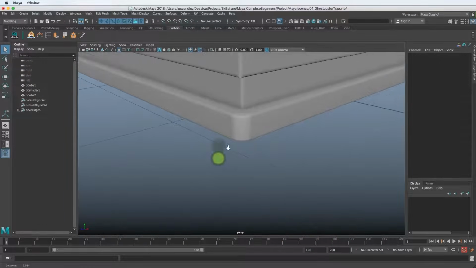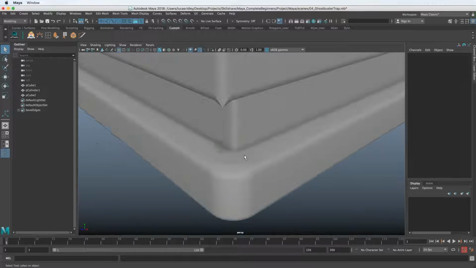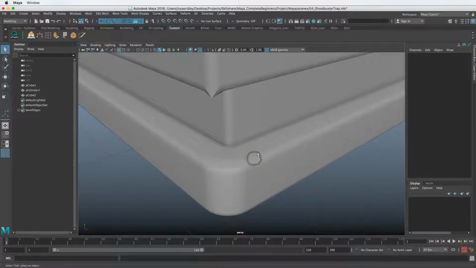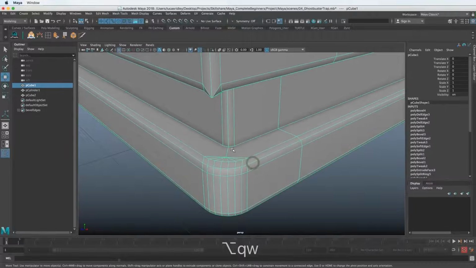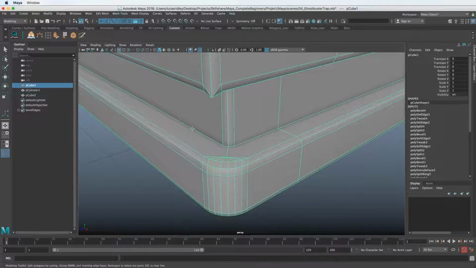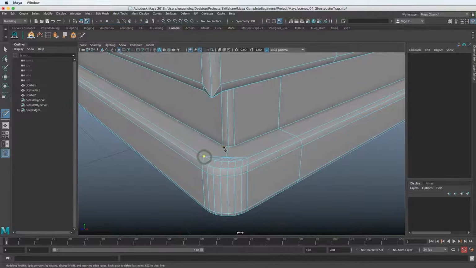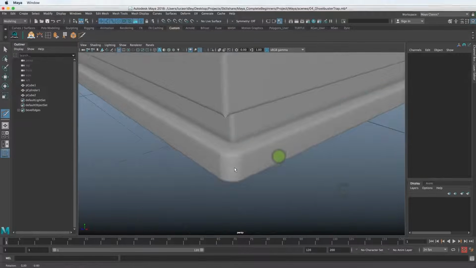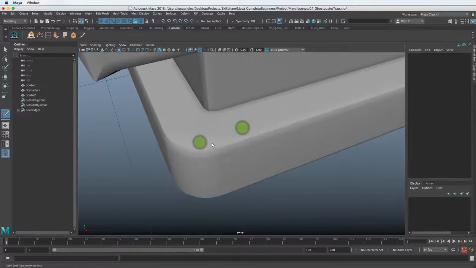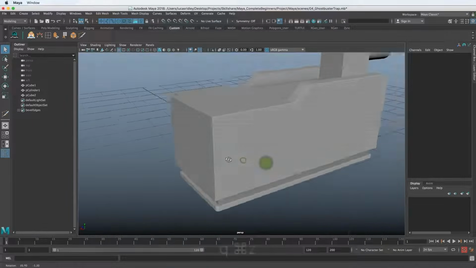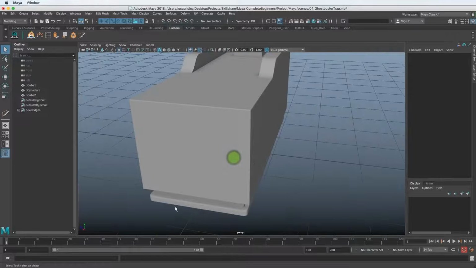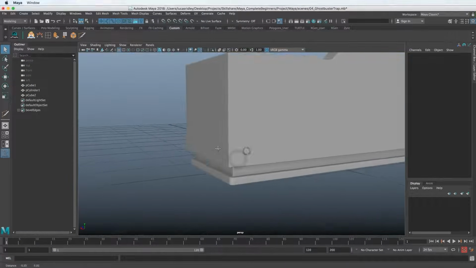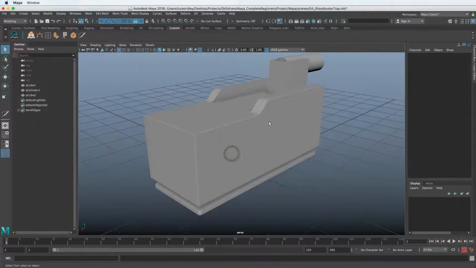It's looking pretty good. So one thing you might notice is this kind of line here, and I think that's because we don't have the geometry here to support this area. So one thing we can do is go to the multi-cut tool and click here and go to the edge that's missing and do the same for this side. And now when we go to the object mode and click off, it's still there, maybe not as bad. So now we have the corners beveled here. Let's move on to creating the panel on the right side.